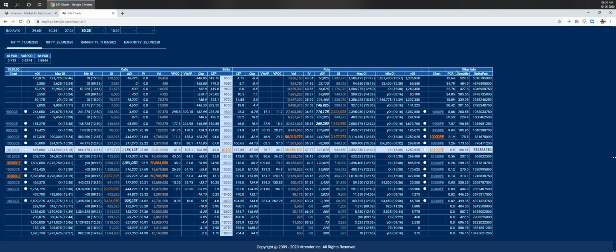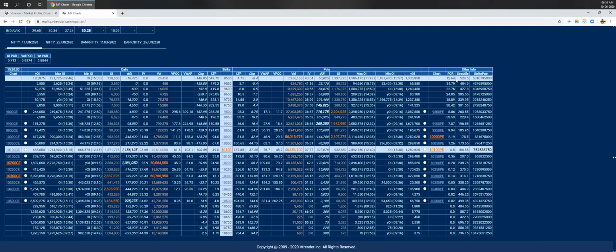There is also the put call ratio, the PCR, not just of the complete options OI, but also of the individual strike prices, along with the latest straddle price, which is the combo of the call and the put premium of that particular strike. We also have the strike pain number, which is the total outstanding volumes at that strike.